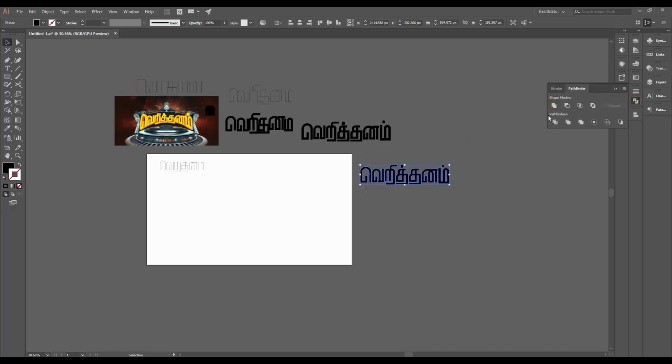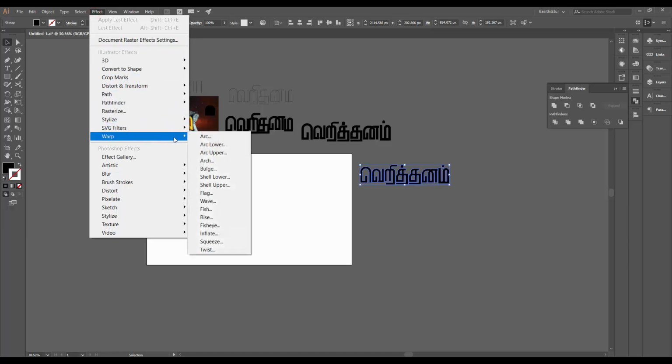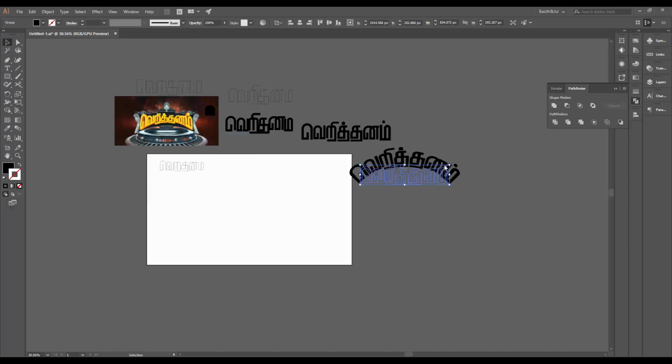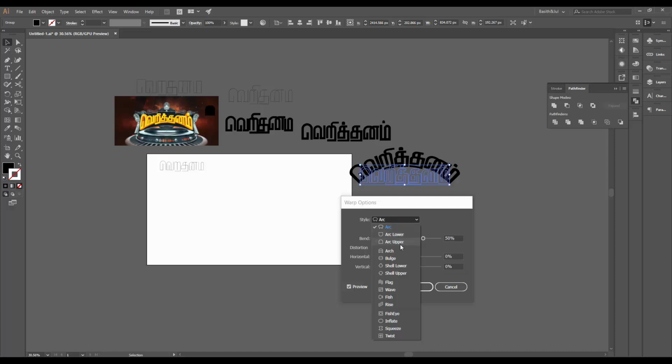I'm going to select this and then I'm going to use merge mode on Pathfinder. I'm going to select this. Sorry, unite mode on Pathfinder. I'm going to select this. I'm going to go to effect. What is it? This is what I'm going to use, arc. I think what we are looking for is